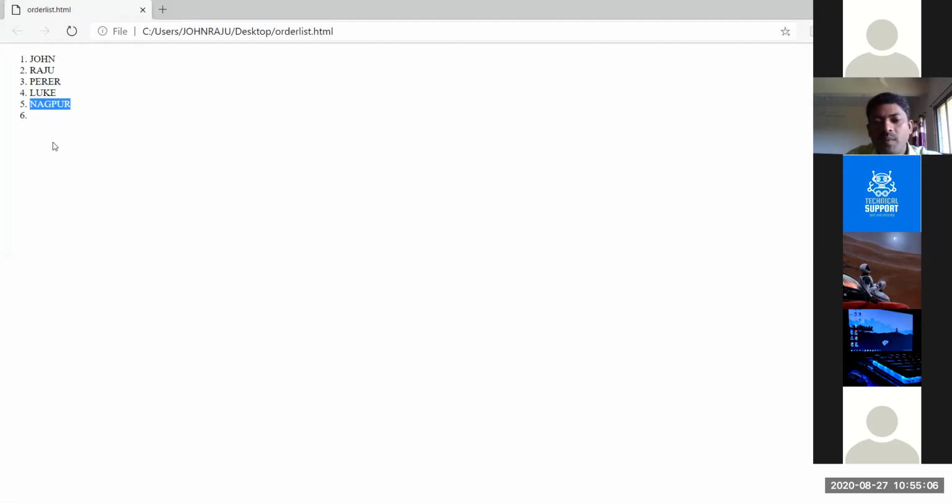So in an HTML program, whenever you want to mention items in a particular order, 1, 2, 3, 4, at that time you have to use the ordered list. Are you clear? Does anybody have any doubt about this ordered list? We just need to specify the items in a numbered sequential manner. For that purpose, we are using the ordered list.